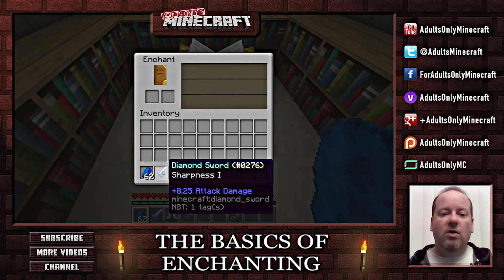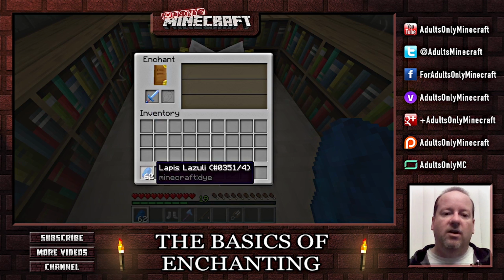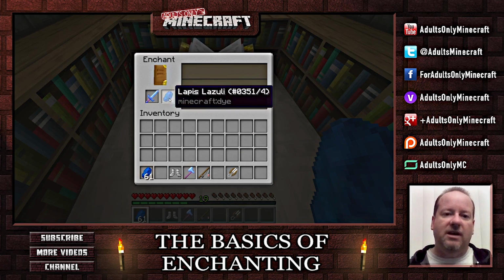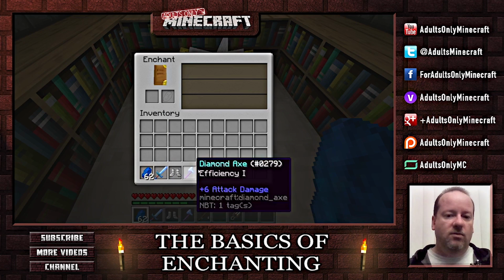Now let's say we wanted to add another enchant to our diamond sword. We put it up here, we put our lapis, and nothing's happening. Well, the reason is you can only enchant something once on the enchantment table. However, you can combine enchantments. So let's do